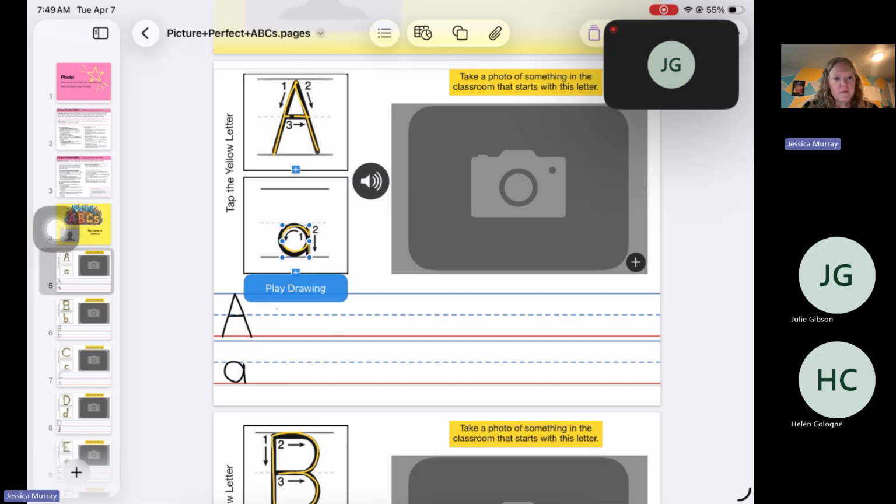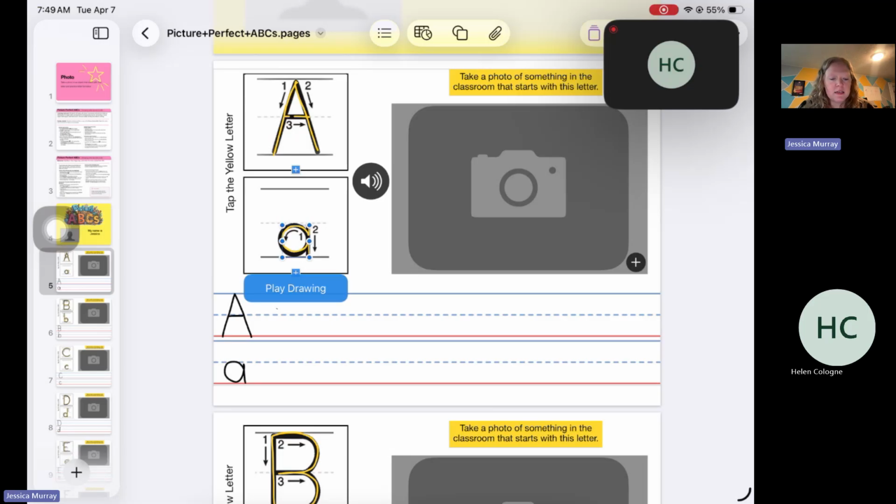I'm going to actually upload this document to this chat. It's also in the DLL Canvas course. I've also uploaded this to the Apple Education Forum, so I'm going to put that link here as well. Your teachers can easily access this template from there. All they have to do is sign into the Apple Education community using their e-login, and they can access this very easily. So this is, like I said, kindergarten and first grade, but I did not want to leave out